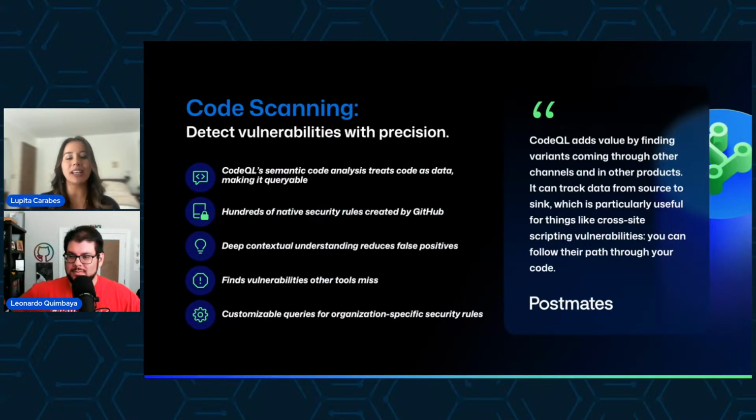So with code scanning, one of the things I like to talk about is the differences in what you see with other solutions. Of course, we talked through that a little bit, but I think the biggest benefit here is that we have hundreds of native security rules created by GitHub that are transparent, that are publicly available for you to see. I found that in the past, someone would ask me if we covered a specific language with a